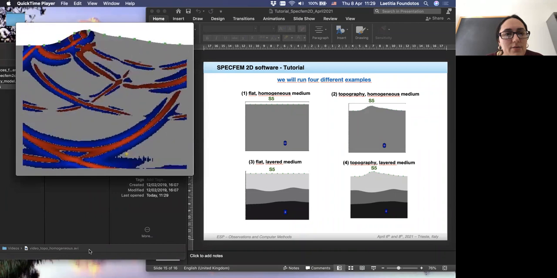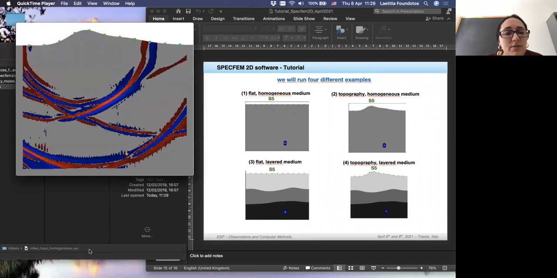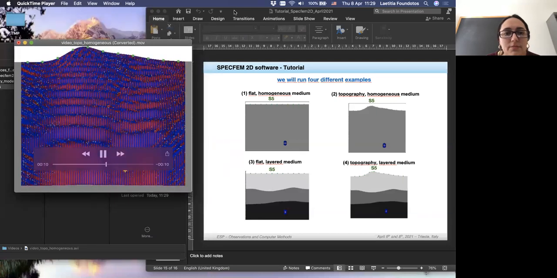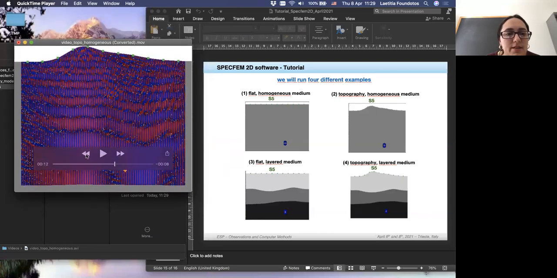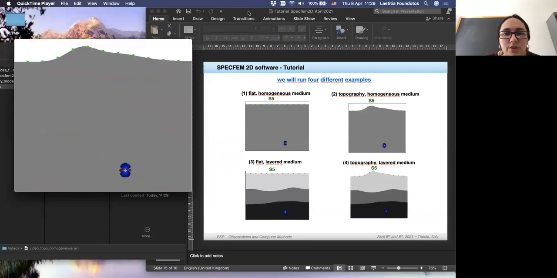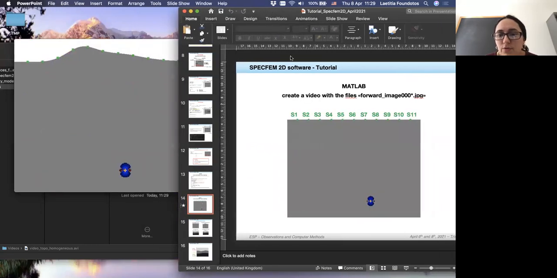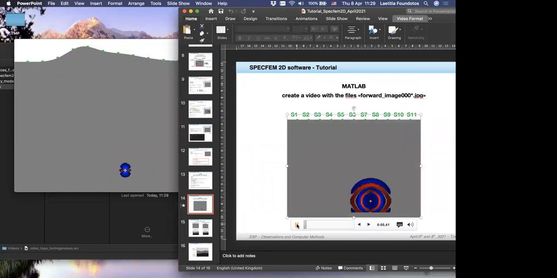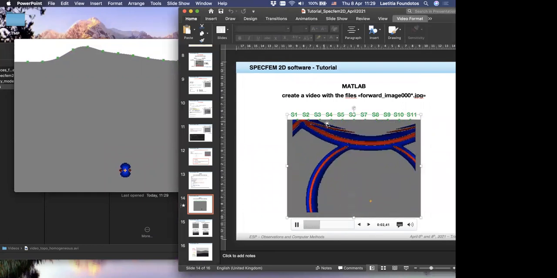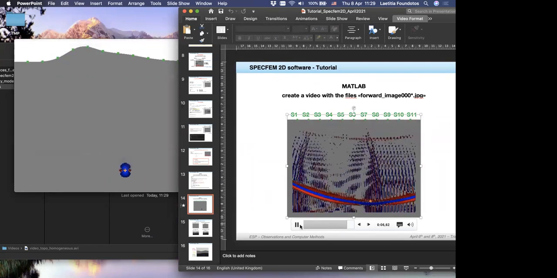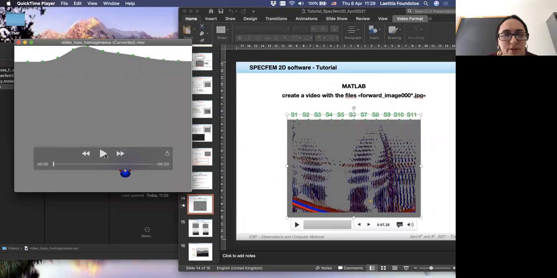Okay. So you can see, it is really interesting to see the difference between the different cases. Just to remember how this one looks like, first example, really simple. Nice. And now this one.